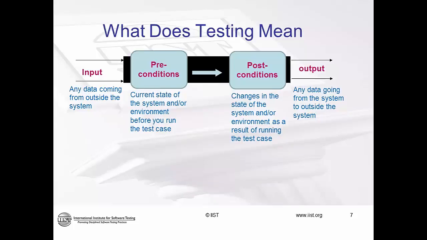Some of those post conditions can be desirable and some of them are not desirable. All right? As I said, they could be inside the system or outside. So when records get updated in the database, that's a post condition. When my system does something that starts or restarts another system or causes another system to do something, that's a post condition. That's outside my system. So in a way, I need to understand the impact and the effect of everything I